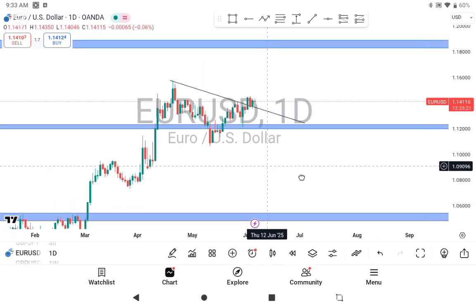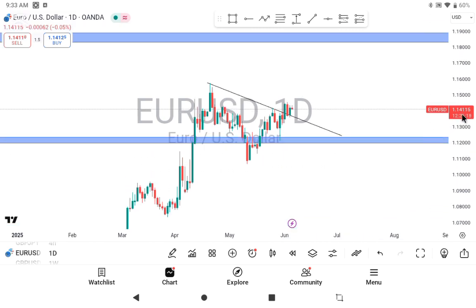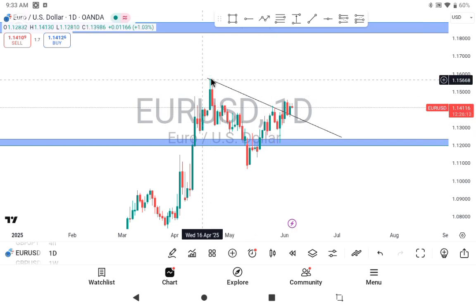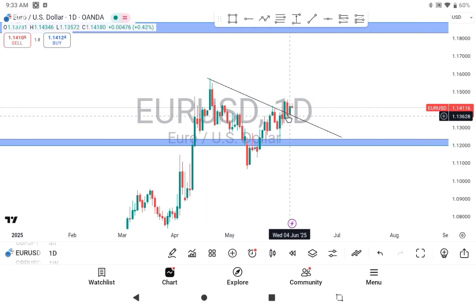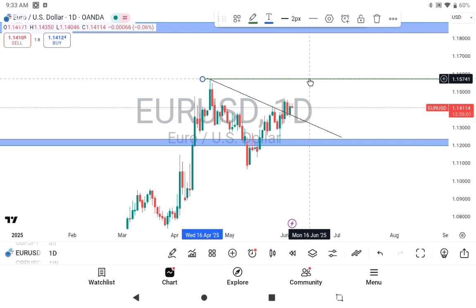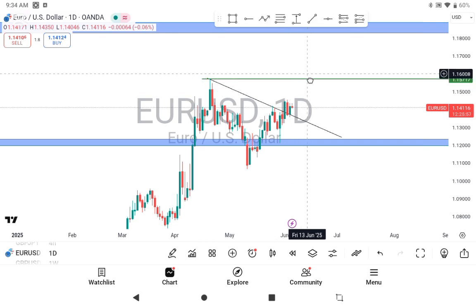So on my last video on EURUSD, when price was still somewhere around here, I predicted price to break and close outside this trend line right here to elevate price to this next level target right here. And provided price can break and close above this resistance level right here, EURUSD will elevate to this major